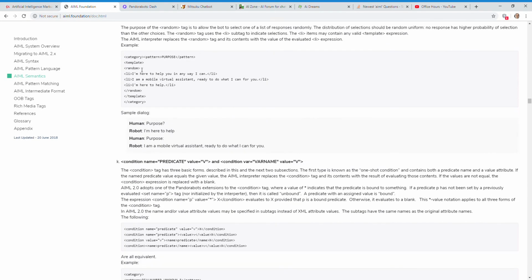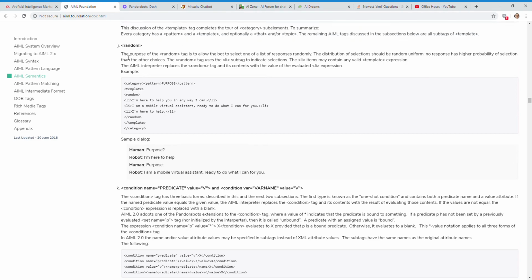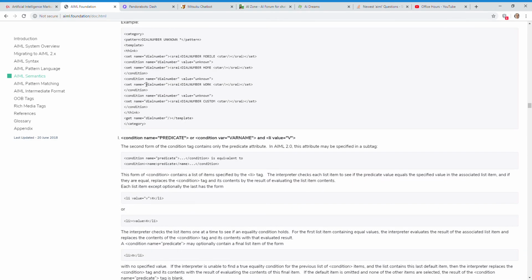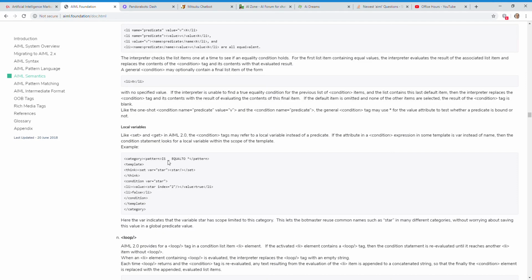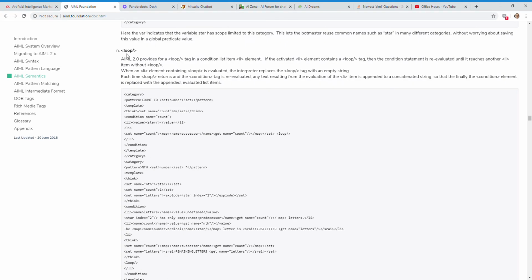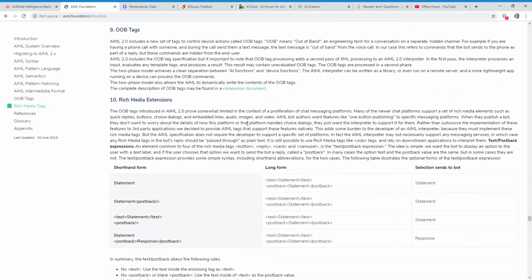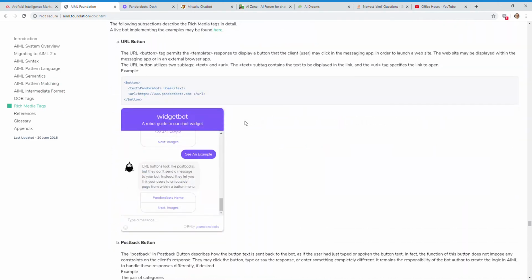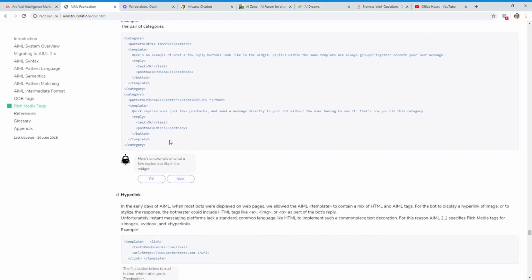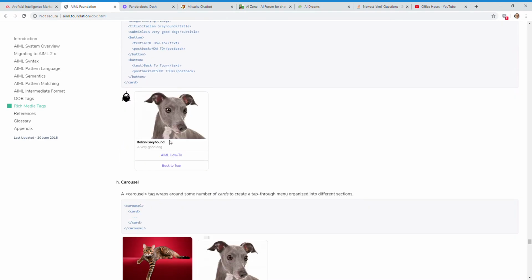If you're struggling to understand something, pop along here, take a look at it, and that should help you out. It covers all the AIML 2 stuff as well, so it's got the rich media things, like the images,